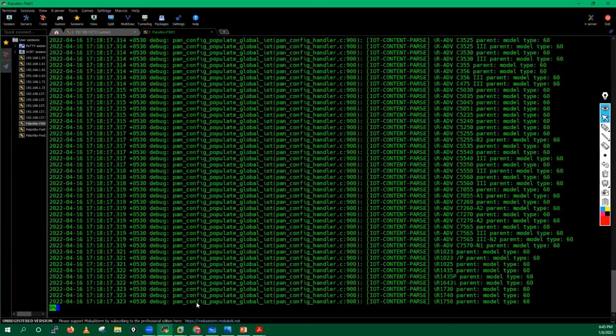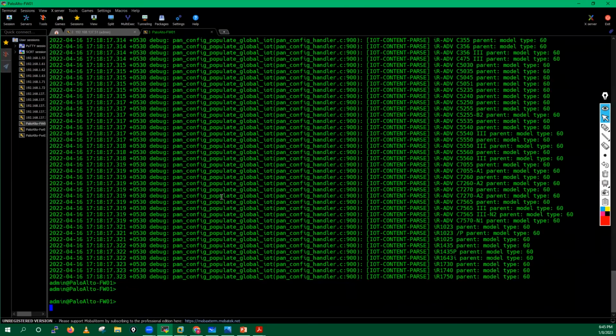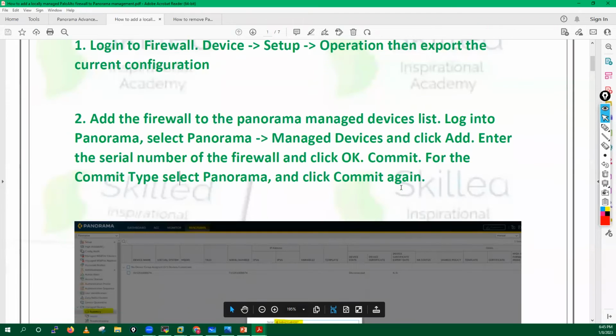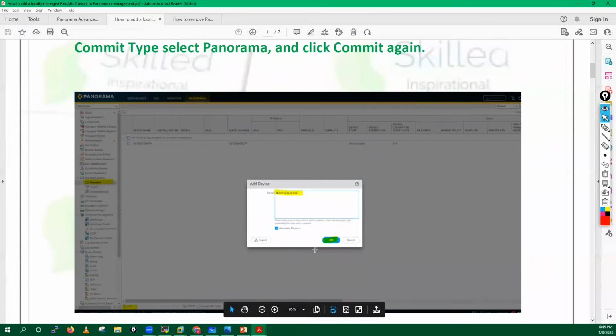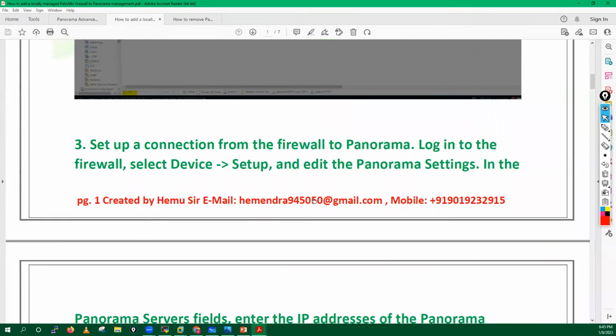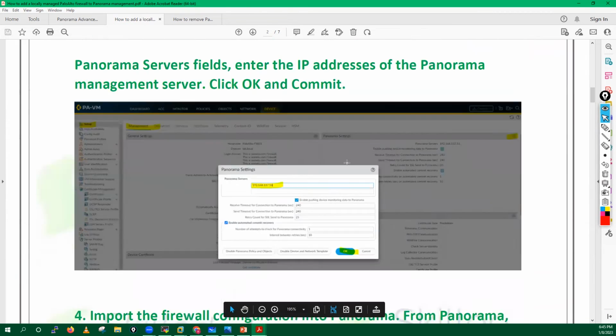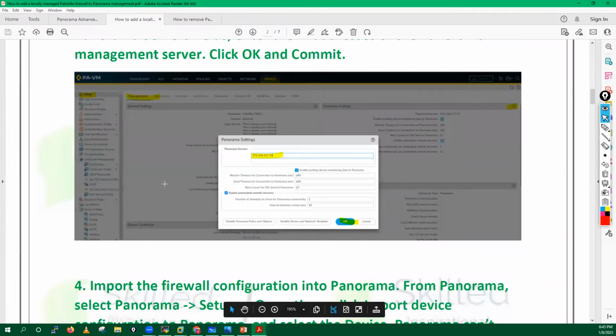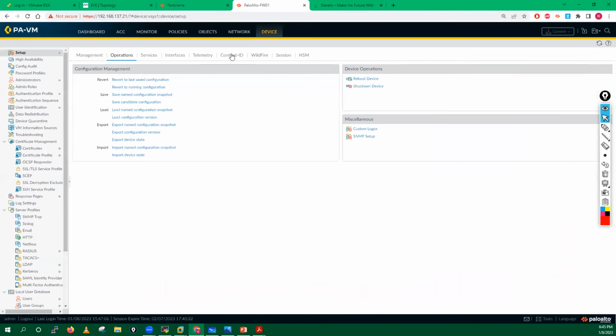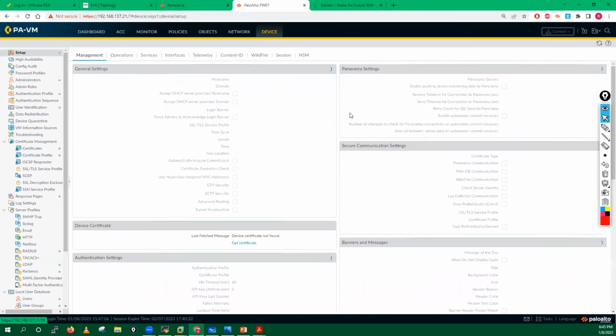Now let's move towards the next thing. After doing the commit, what do you have to do? We have added this, right? Now you have to go into your firewall, go into the Panorama settings, and add the IP address of your Panorama into your firewall. I will create such kinds of notes, guys, for industry use cases basically. Okay, I'll go here. It's easy, just go into Management,